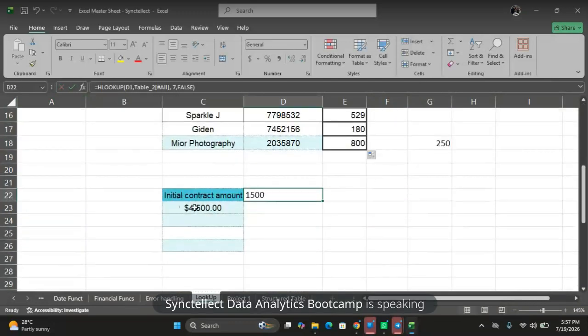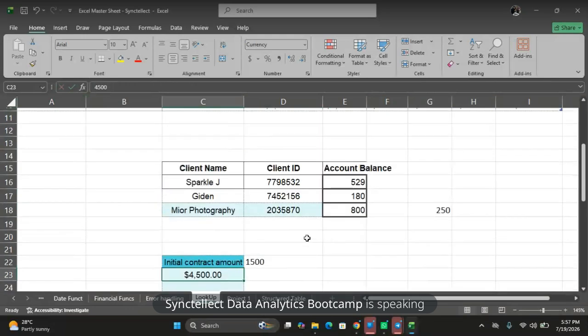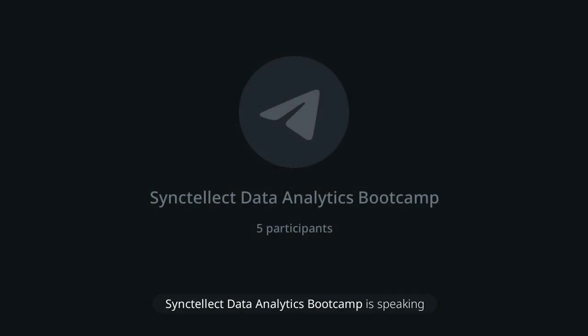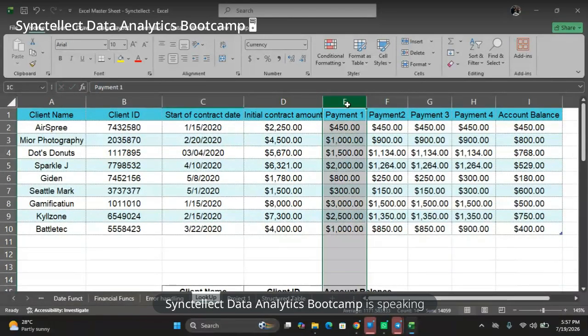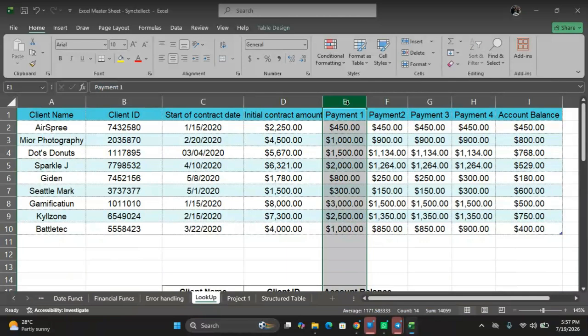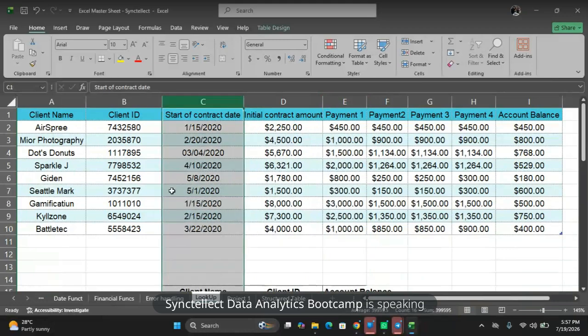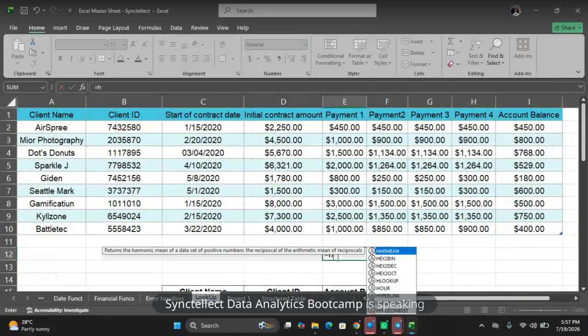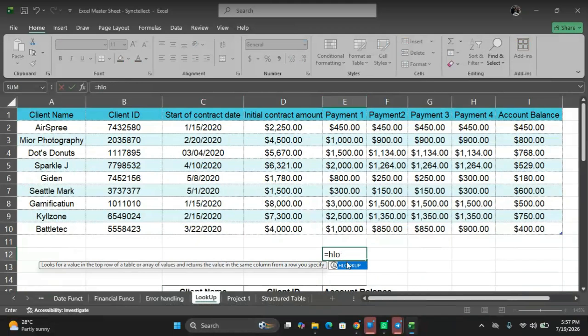So let me try to say a sample that we can use. Using the initial contract table, for a scenario using this table for payment 1. For a particular contract date, you want to check the name of the person that owns the contract date. So let's say equals HLOOKUP